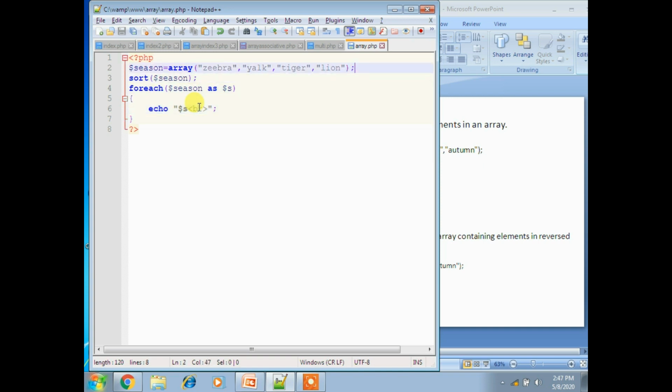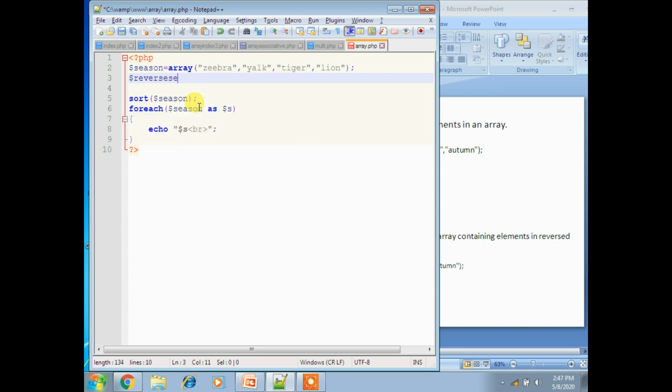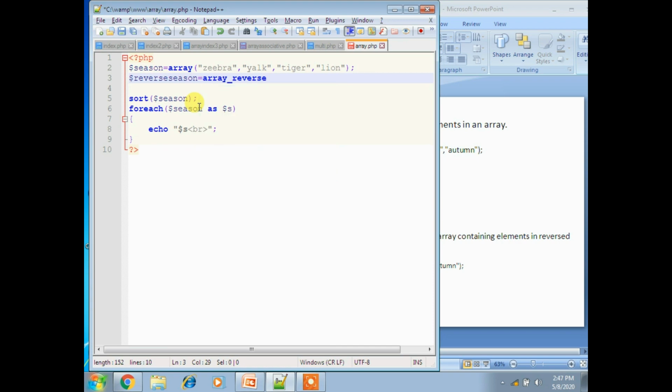I'm taking another variable called reverse season equal to array_reverse of the season.